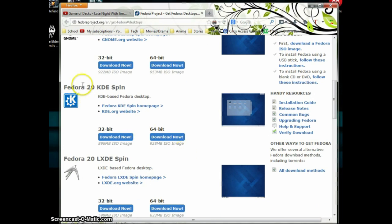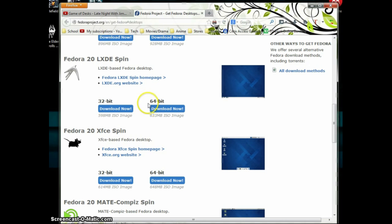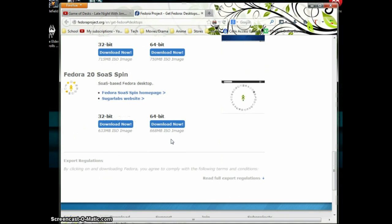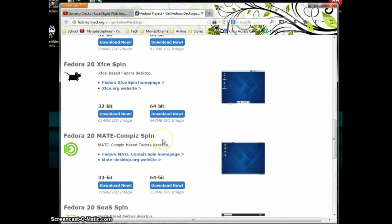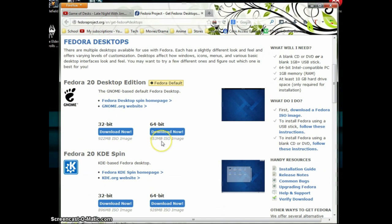And here we have Fedora. They have the desktop edition, which uses GNOME for some people out there, and then the other one is the KDE spin, which has the KDE desktop phase, and then the other one is the LXDE spin, the XFCE spin, and then the Mate Compass. And I'm sure some of you have used Mate before. It's pretty okay to me, but